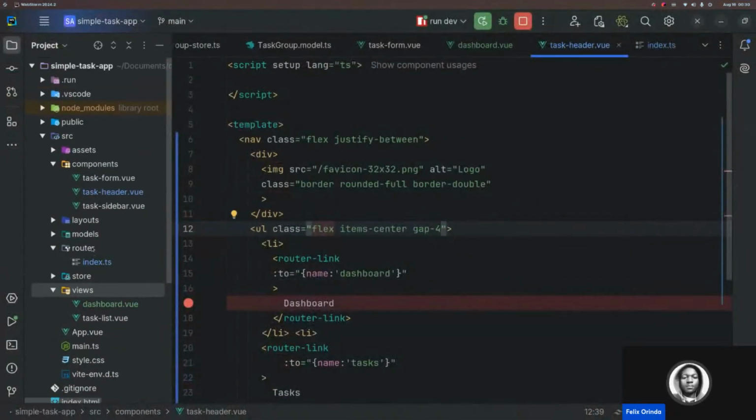So for the dashboard, we'll start off by first intercepting these ones, what we have currently. So based on what we have currently, the main thing is